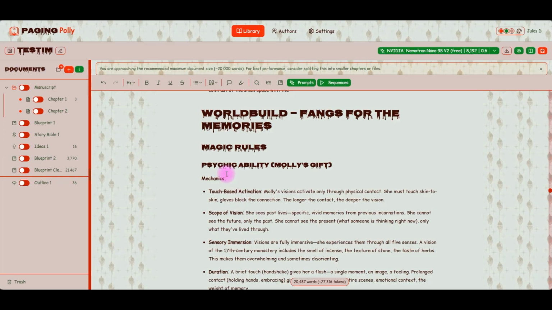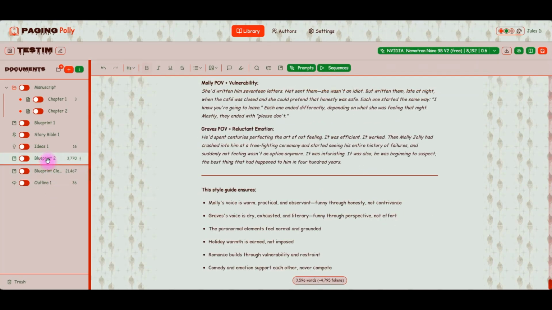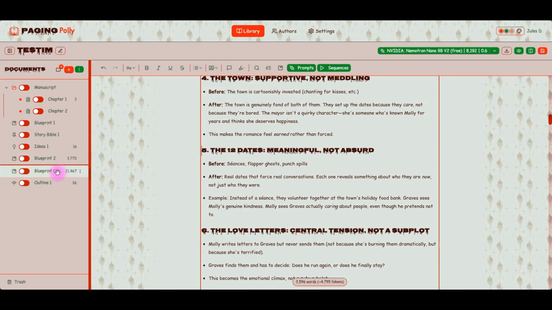The other nice thing is we have now added scroll and cursor memory. Actually, that is just cursor memory because the scroll wasn't working properly, and that was the glitch that I fixed today. So we have cursor memory. So what that means is I am right here on world build. If I come to blueprint 2, I'm at 12 dates. If I come back here,